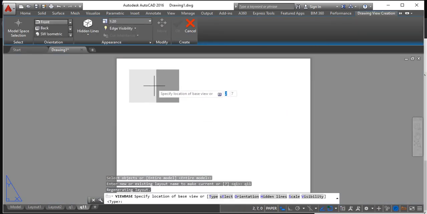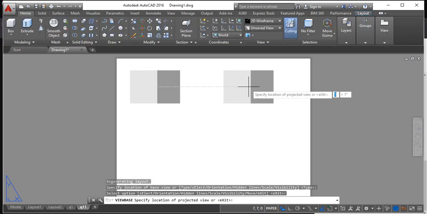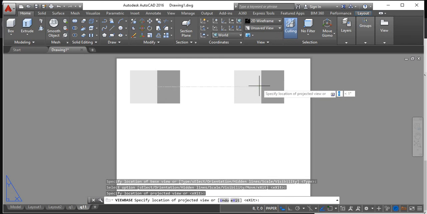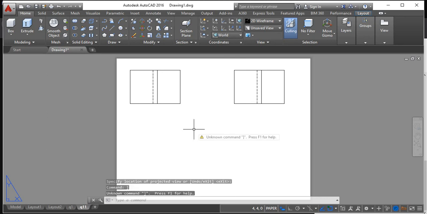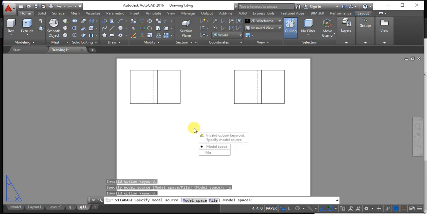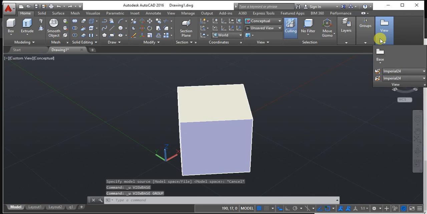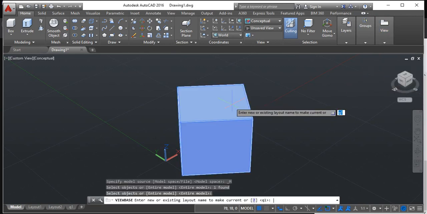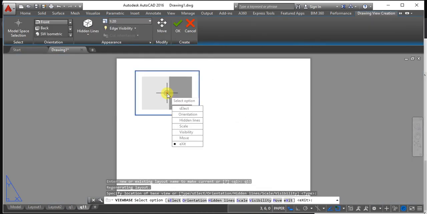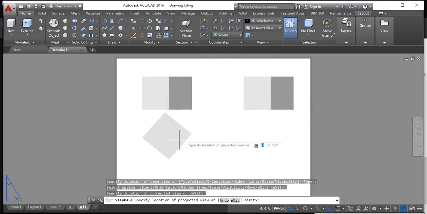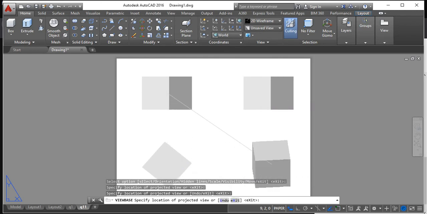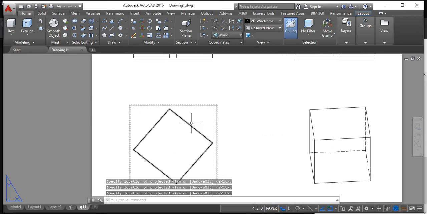First place the object. This is your which view? Above XY line, front view. This is your right, since you are placing it on the right side, it is left side view. Base, model from space, select this object, Q11. Front view, give an enter. Side view, bring it downwards. Top view, isometric view. Clear?